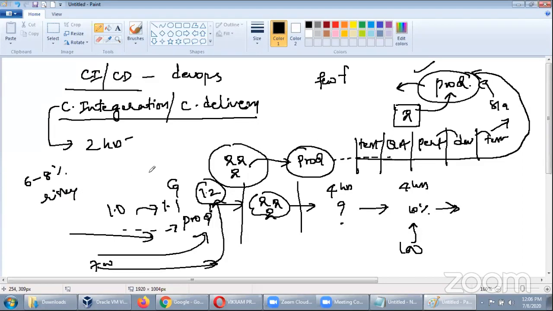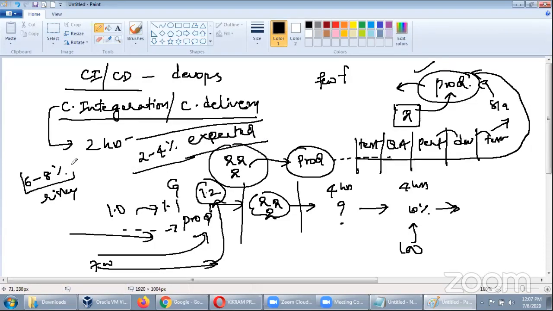That is always 2 to 4% of the calls is expected. I repeat, it is expected. So any product will always have 2 to 4% of flaws, bugs will be there. That is common. But around 6 to 8 is always a risk. If it is touching 8, it's a flaw. Technically it's a fail. So I'm talking about 10% now. That means this is not good.